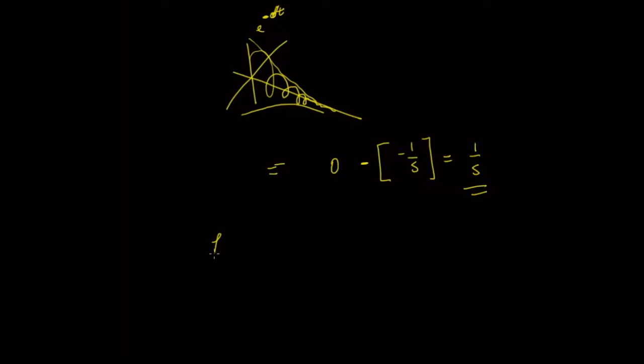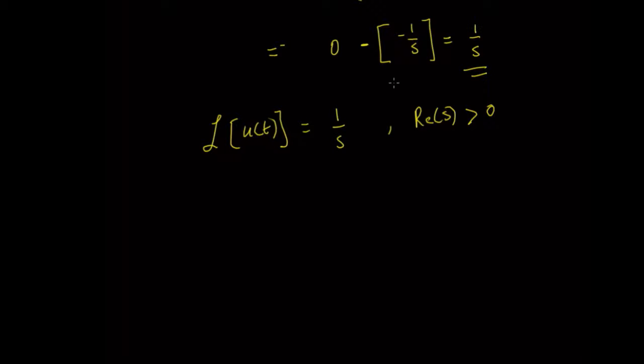The Laplace transform of the unit step u of t equals 1 upon s. But the reason for doing this extra work is we always have to be careful. You add in the region of convergence, so that's going to be true for the real part of s being greater than 0, and the way you usually represent this is in a diagram like this, where we put in our values of sigma and j omega. Let that be sigma, let that be j omega. Now we know that there's going to be a pole when s equals 0, so when this value of s, which is our sigma and our j omega, is 0, which is that point there,